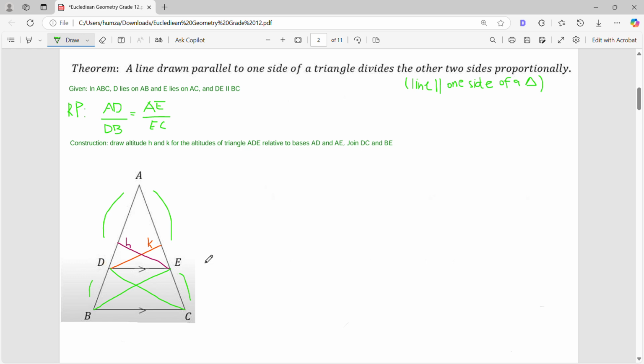So we joined DC and BE relative to the bases. Now we can start with the proof. We can start by saying that in your triangle ADE and your triangle BDE,